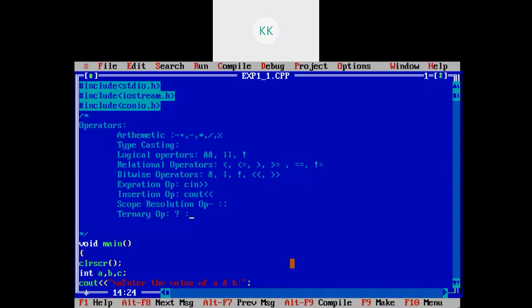Then again, increment and decrement operators are there, like plus plus and minus minus. These are mostly the operators we use in programs in C++. Okay.